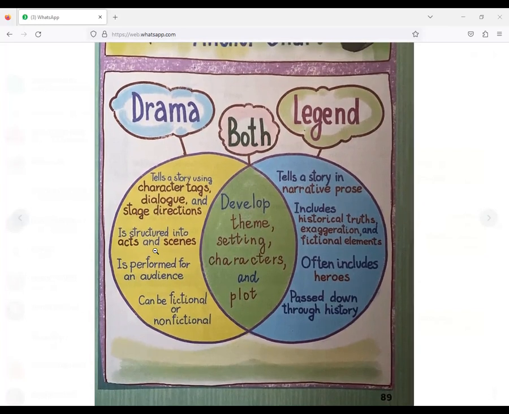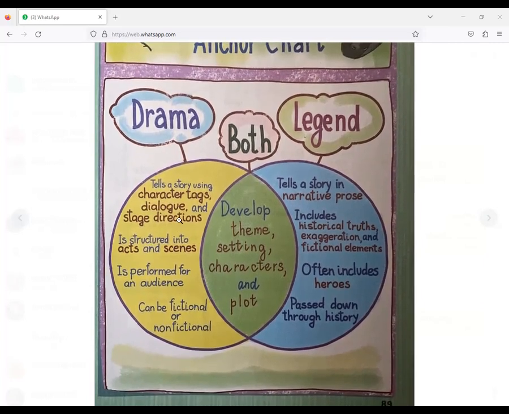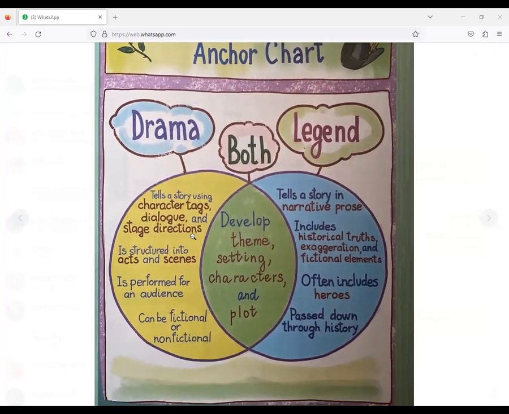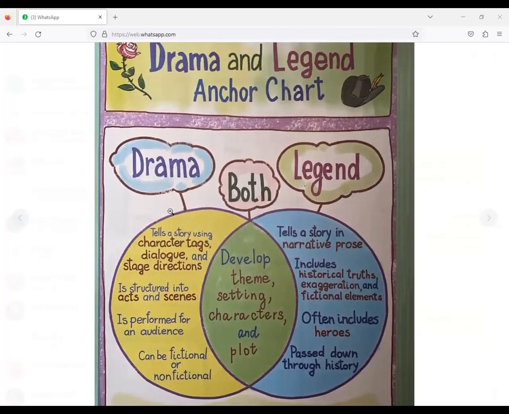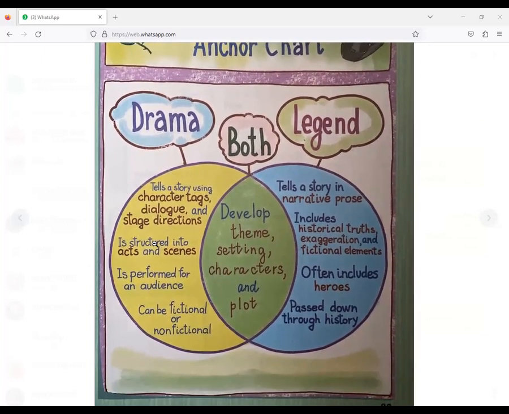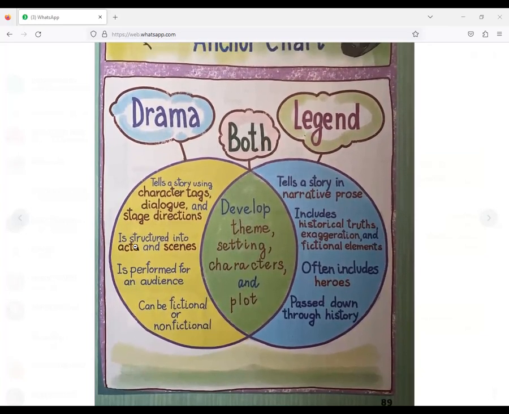For example, have you ever heard about any of Shakespeare's plays? Shakespeare wrote many plays, and if you read any of these plays, you're going to find acts.